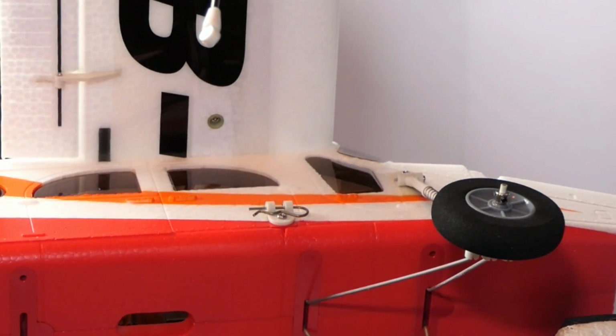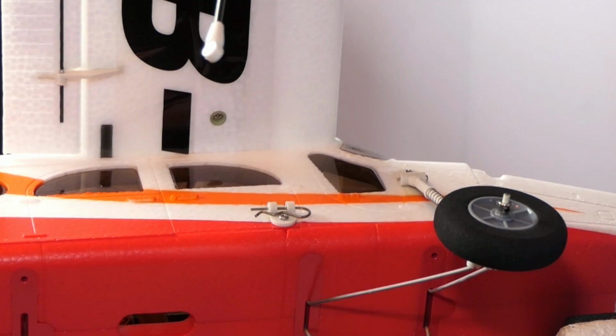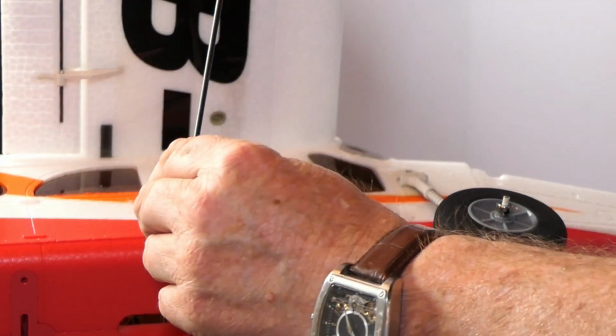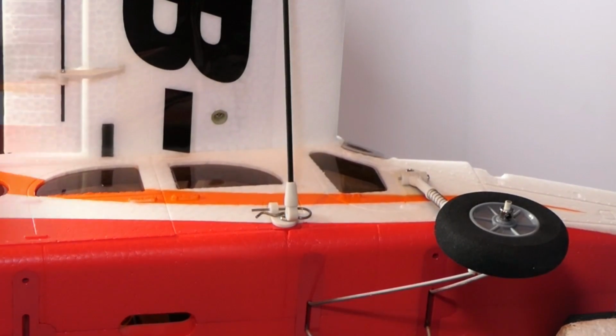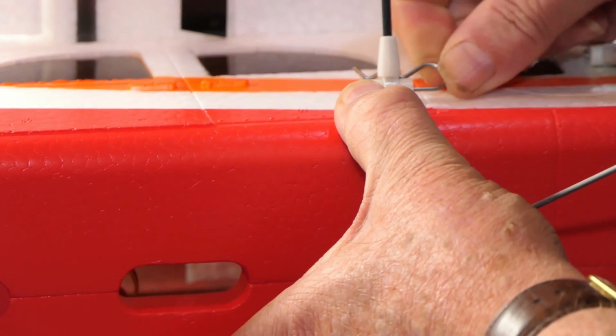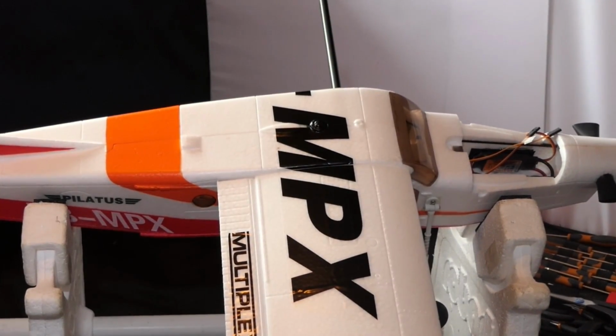I was wondering if this was a hatch, but it isn't. It's just a hole. Really nice if that was a hatch there, so you could get your hand in there and feed your cables through. Well, anyway, we're still on this part. What we need to do is connect this. And this can move around, and it basically goes over here. It's an R clip. Quite an industrial size R clip as well, this is. Beautiful fit. Wow. There we are. There's one wing on. And you can see how it lines up with the MPX. So I have to repeat that to the other wing. But before I do,